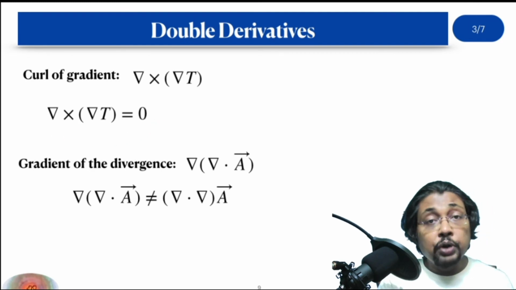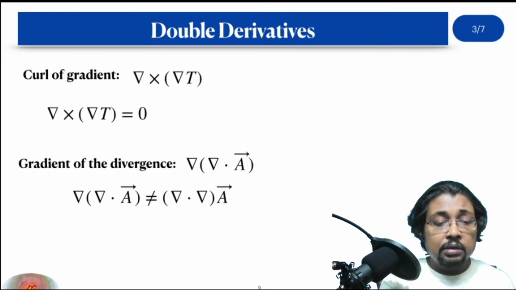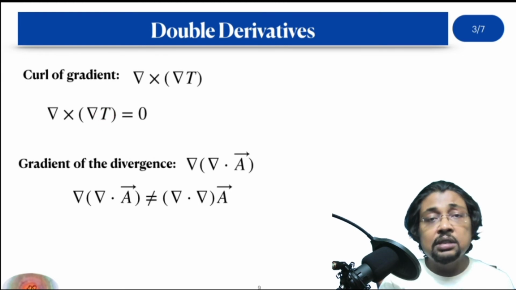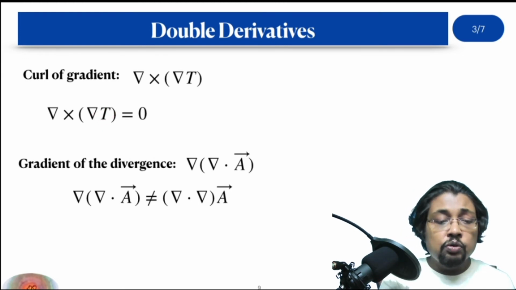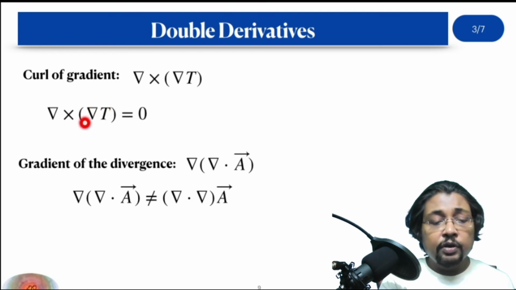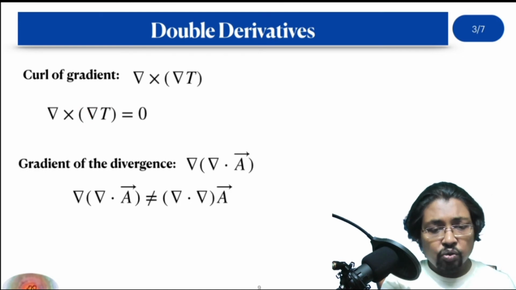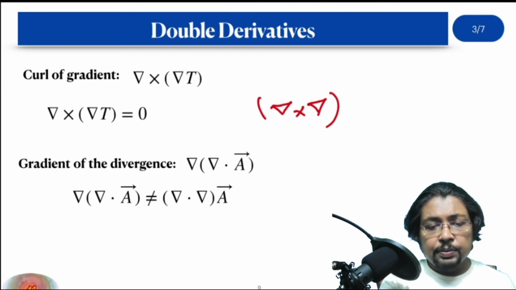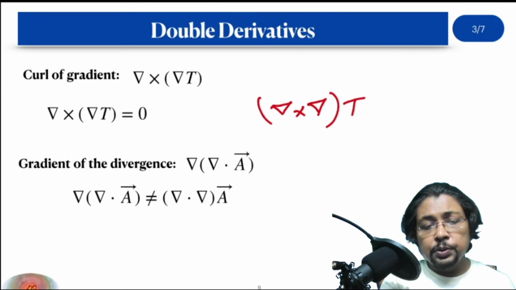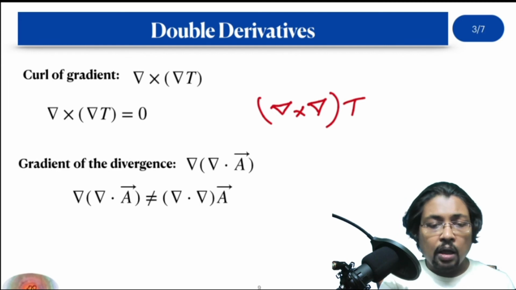Although mathematically you can prove it by taking this T as an arbitrary function and operating the del operator over the arbitrary function and taking this curl, because in the simplest case, you can write that this and this, that means the cross product between these space derivatives, then this cross product is operating over T.